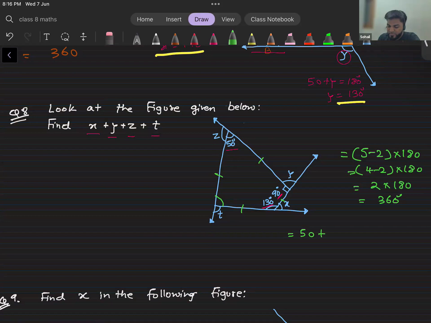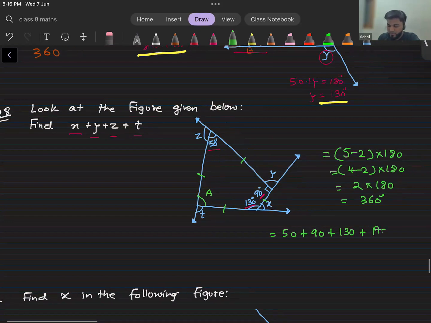So 50 plus 90 plus 130, or let's call this angle A, which we don't know yet, plus A equals 360. Sir, I sent the answer. Yeah, Arhan, very good. So A here is going to be how much? 360 minus